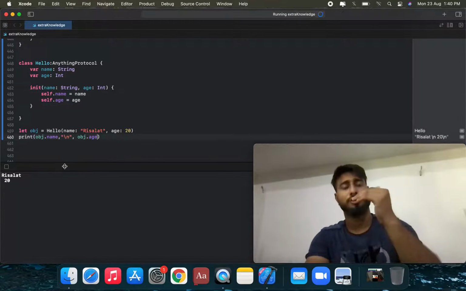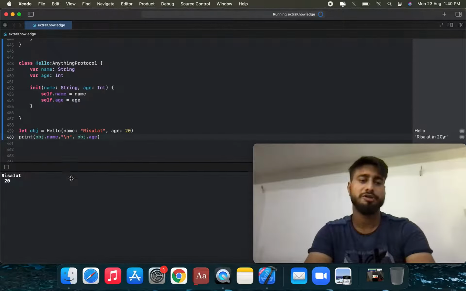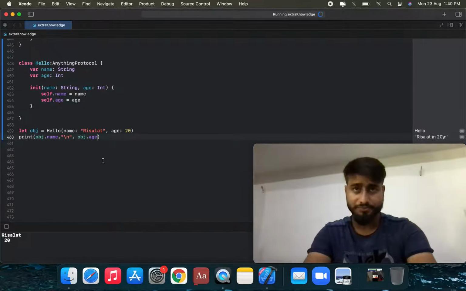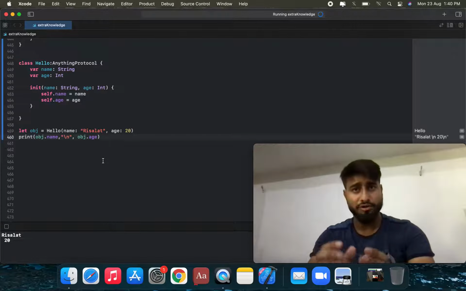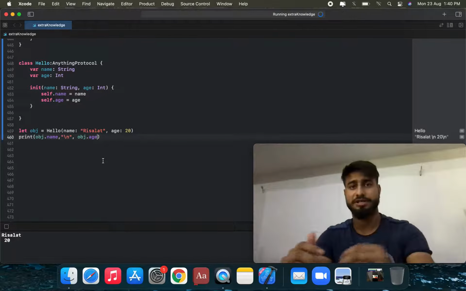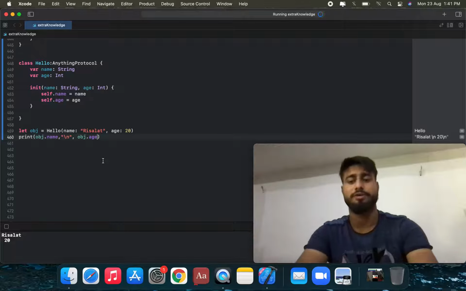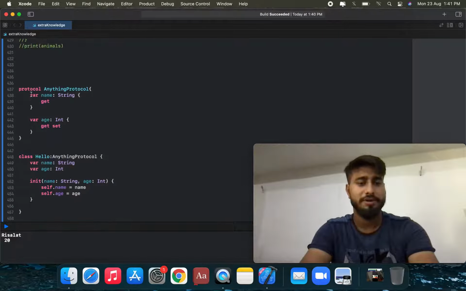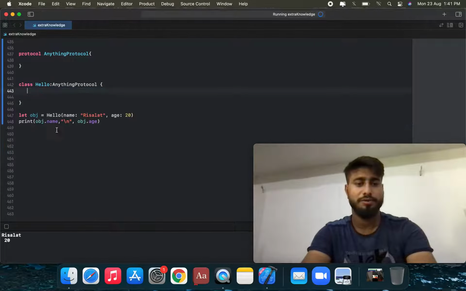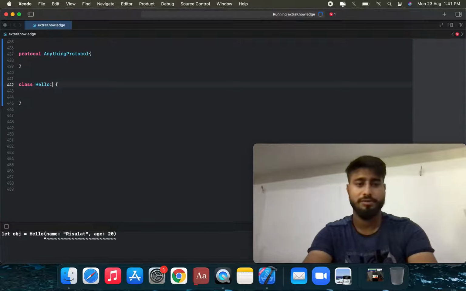So we can use the protocol property through this protocol. This is a property requirement in the protocol. Next is the method requirement. A protocol can require specific instance methods and type methods to be implemented by the conforming type. Suppose there are implemented methods and non-implemented methods; if we remove the properties in the Hello class, it cannot conform to the protocol.